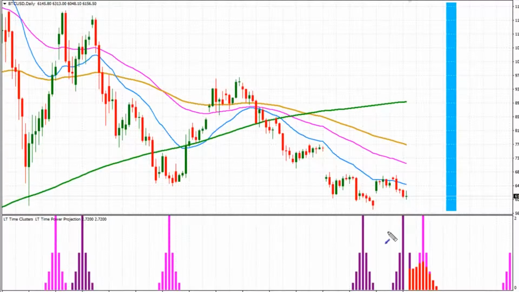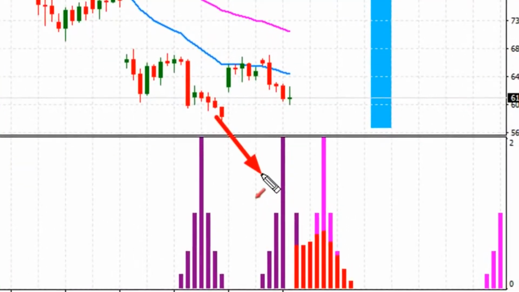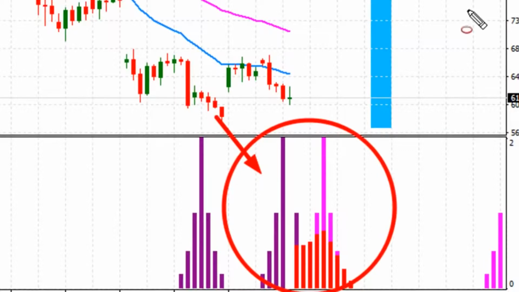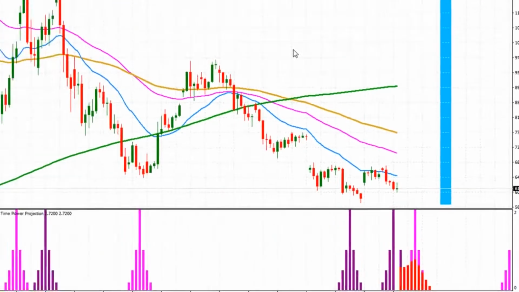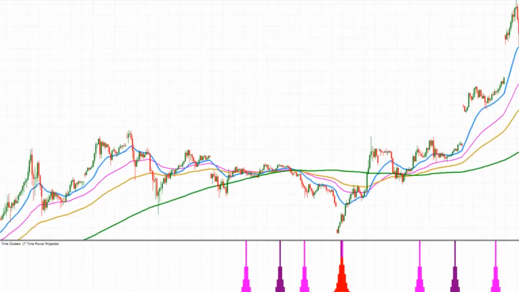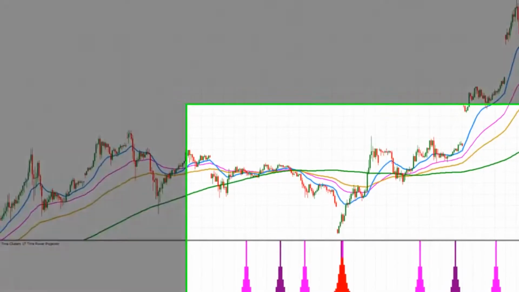I'm going to explain to you exactly what this particular signal you see here on my chart could potentially mean. This is the first time I've seen this signal for a number of months. I'm going to explain to you exactly what this means. In fact, I'll show you what it meant in previous times when this signal occurred